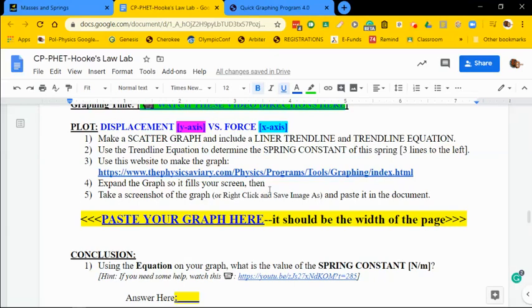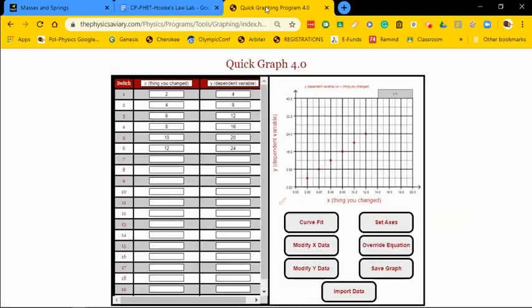All right, so to make the graph, this is the easiest way possible. So I found this website. Go to the website. This is what will open up. All right, all you have to do is